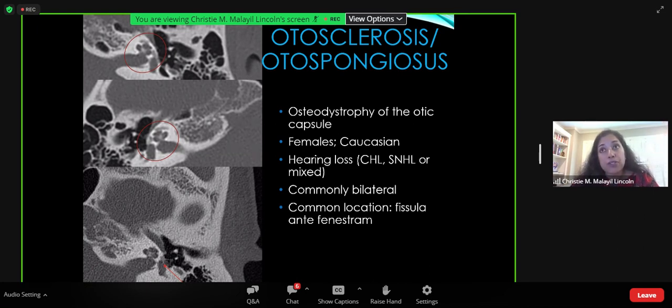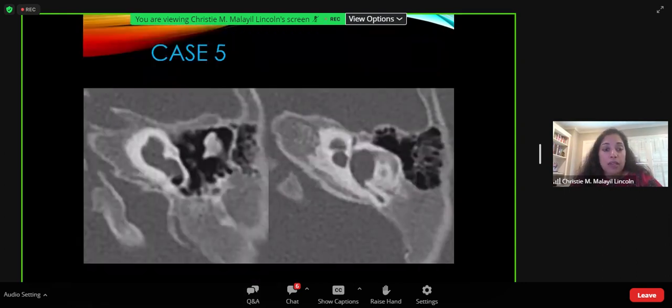The fenestral type typically presents with conductive hearing loss because the stapes becomes fixed because of that lucency. And then sensorineural hearing loss occurs when it's around the cochlea. If you have both types, then you have mixed hearing loss. And it commonly occurs in females. The treatment here would be stapedotomy, complete or partial stapedectomy, and placement of a stapes prosthesis. So this is otospongiosis. The next case is